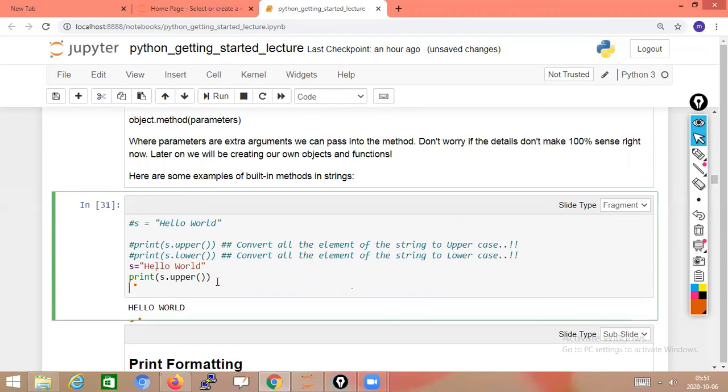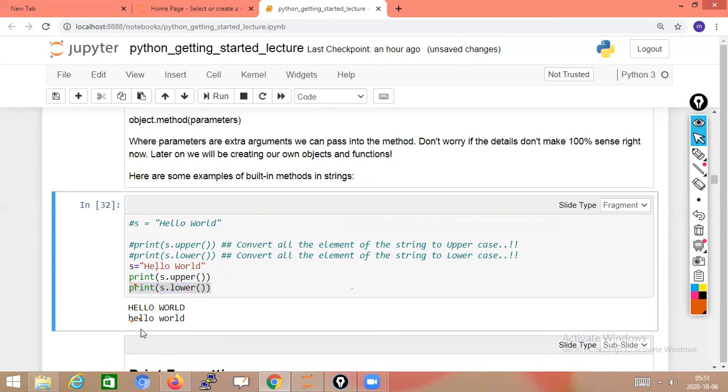Suppose you want to print it all in small letters. s.lower. This is the lower function. Now select, Control Enter. So now all is converted to lower case.